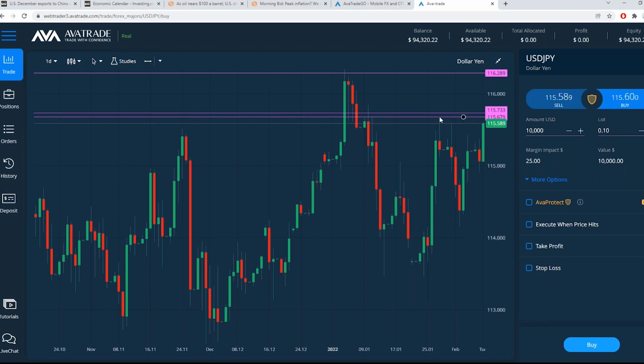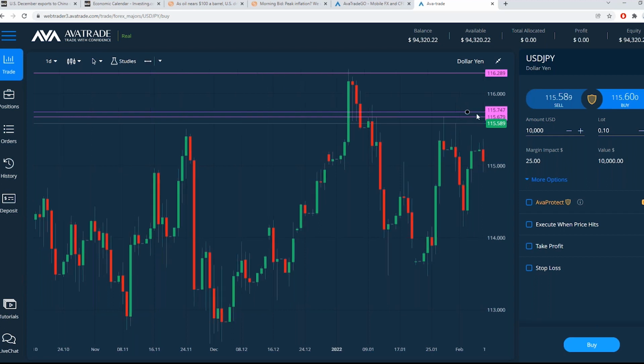If it does have enough momentum to break this resistance point, then it's perhaps got room to run up to the next major resistance up here. So you could put a pending order at this price, maybe 115.70, something like that. And if it hits that price, you'd be in on a buy position, if you wanted to put a buy stop pending order up here.